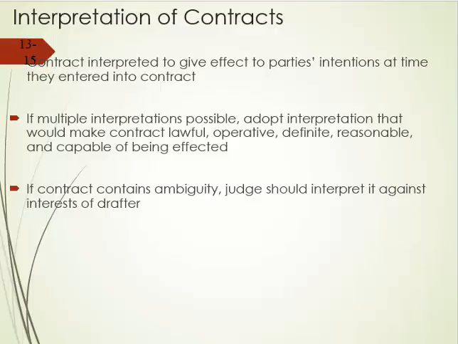For example, if a contract contains ambiguity, the judge is going to interpret it against the interest of the drafter. So if you wrote the contract and you're claiming it's ambiguous, no. You wrote it, okay? So it's going to be interpreted against whatever you're arguing. And so take a look at these. I think these are important. They give you a great insight into how judges and courts look at contracts. And that's always important for us as business people and for you as lay people, non-lawyers, to understand how your contracts are going to be viewed.